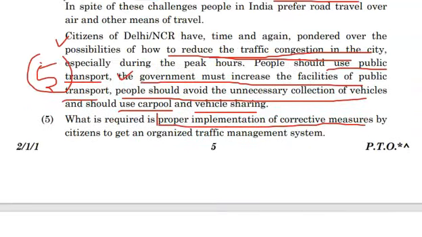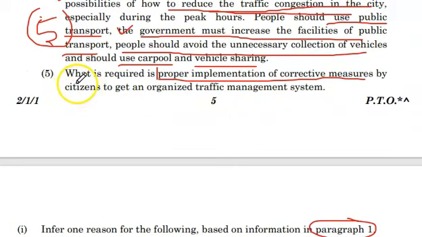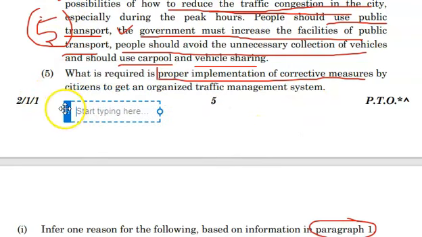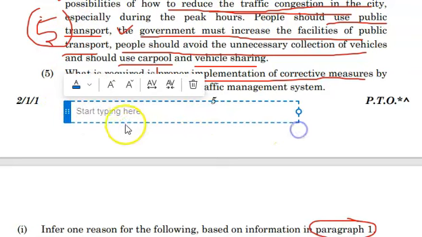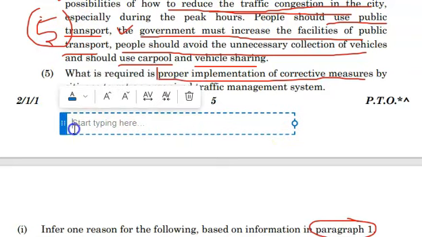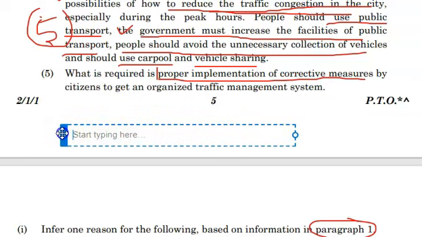So what is the opposite word in paragraph number 5 for lowest? What is required is proper implementation of corrective measures by citizens to get an organized traffic management system. So there is no word. No word is given in this, because the antonym of lowest will be highest, but we do not see any word like highest. So you can write: no word is given